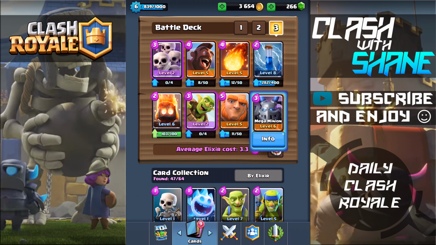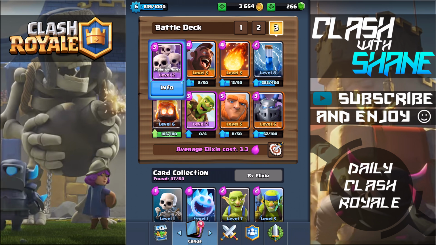The Mega Minion, in my opinion, is a really strong card right now, so I highly suggest using it if you have it. But the Goblin Barrel, Skarmy, Fire Spirit combo can all be switched out based on your personal playstyle. If you want to use archers, or an Ice Spear, or a Mini P.E.K.K.A, go ahead and switch out these three cards. One thing I will say, this deck is lacking a bit of air defense. If you want stronger air defense, go ahead and throw in some archers in place of maybe the Skarmy or the Goblin Barrel. But enough talking there, let's go ahead and check this deck out in action, doing some